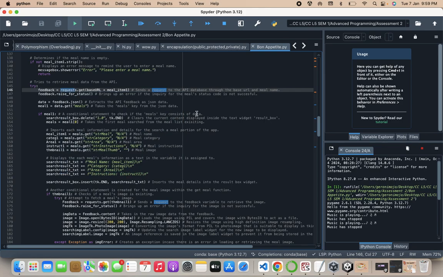The request library allows the app to send HTTP GET inquiries to the API's endpoint. So the API responses are brought back in JSON form for analyzing in order to take any related information from the meal searched. So only relevant information is taken according to what the user has inputted in the entry widget,